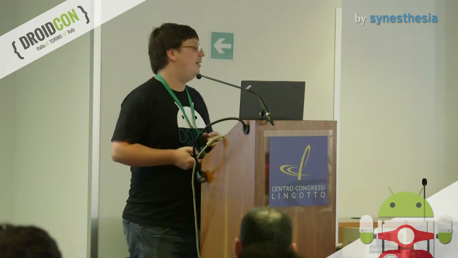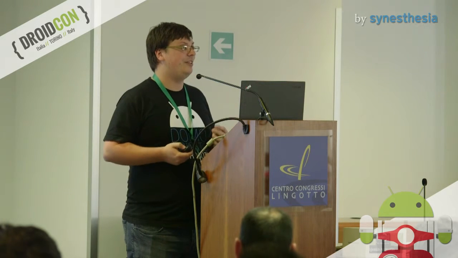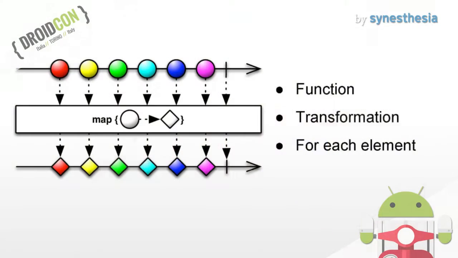And there's a huge collection of those. It's reactive extensions for a reason. It's extensive. You have a lot of different small extensions, operators, transformations. But we're just going to see 3 of those today, which I think are probably the ones you use the most. The first one is map. If you've ever done any functional programming before, this is fairly common to you. If not, it's fairly simple, really.